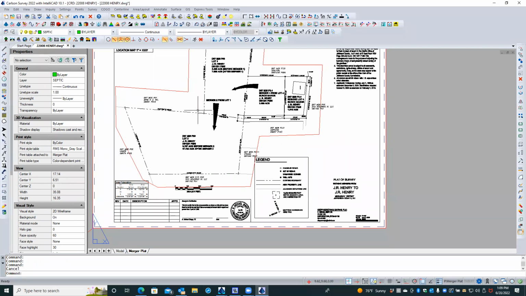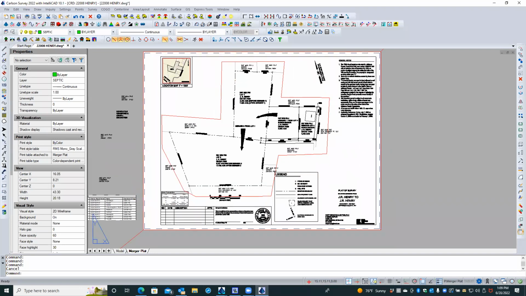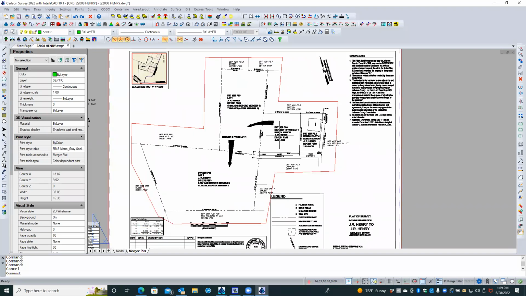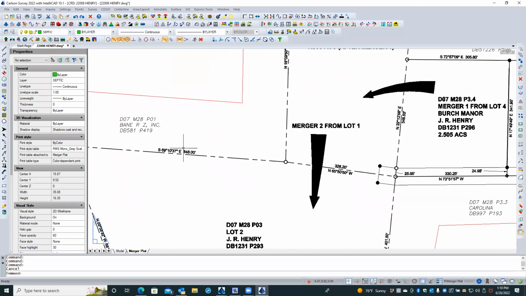If where you have your stuff shown is pretty well set and decided, and you're good with that, then a lot of people will put all of their annotation, like their general notes, their titles, their legends, all of that stuff, in paper space so they don't have to step around the text over in model space. Now, the one thing that you do want to always annotate in model space, though, are these bearings